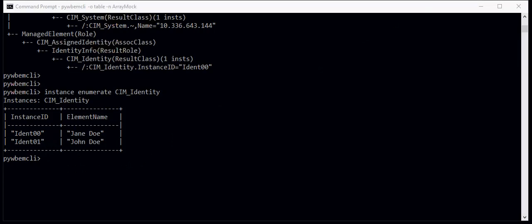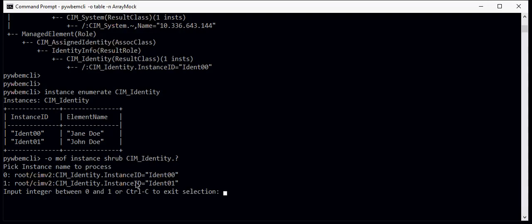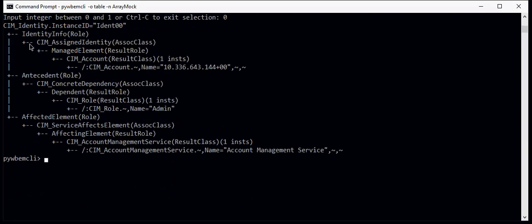So let's now look and see what the identities are related to. We'll do that with an instance shrub in MOF format on SIM identity, and we'll select 0 to see what Jane is related to. And she's related to quite a few. So from a SIM identity, in this case ident 0,